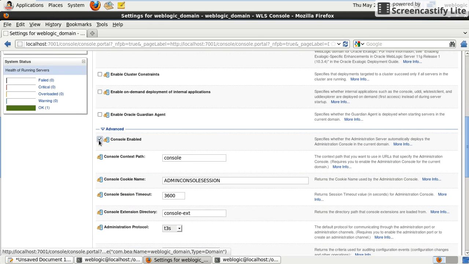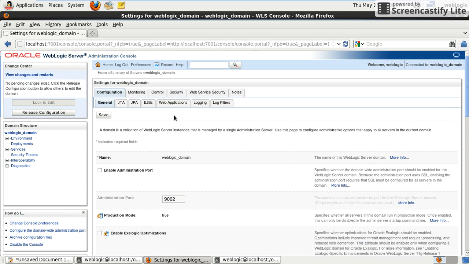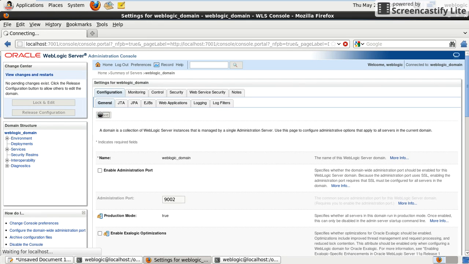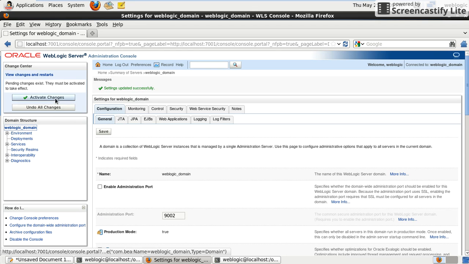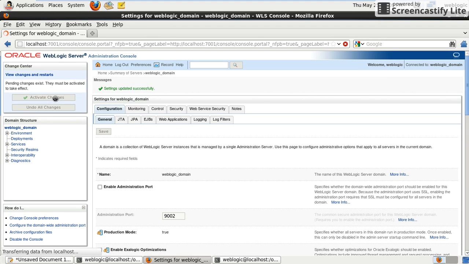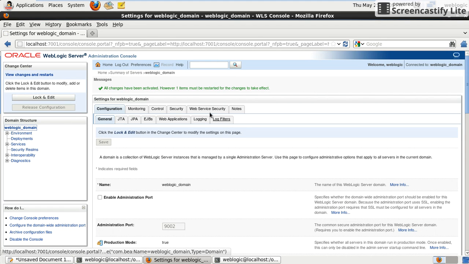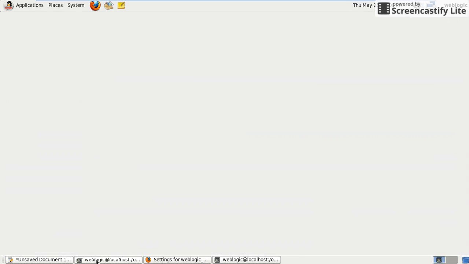Now I am disabling this feature. See here, restart may be required. Once you disable this feature, you need to restart your admin server since it's a non-dynamic change. So one item must be restarted.